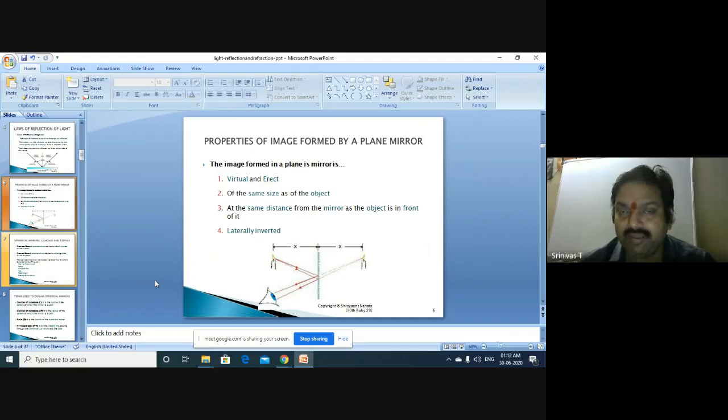So initially we start with plane mirrors, then we move on to different types of lenses and even some more examples of mirrors. So let us start with plane mirror, then we move on to a spherical mirror, which is either a concave mirror or convex mirror. Then we move on to lenses, wherein we have different lenses. So different combinations of lenses are possible.